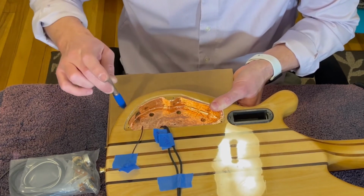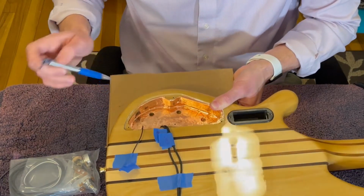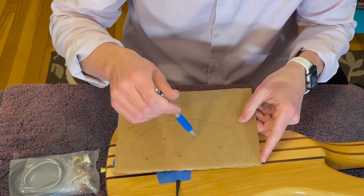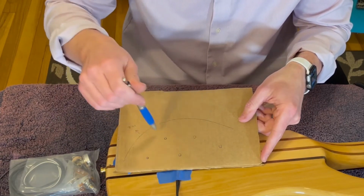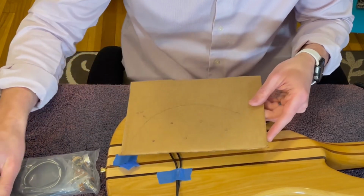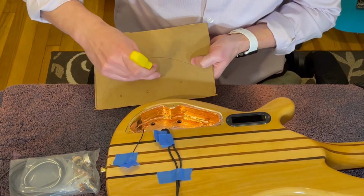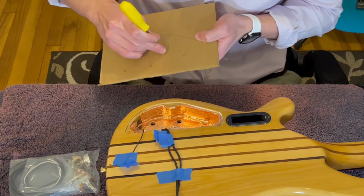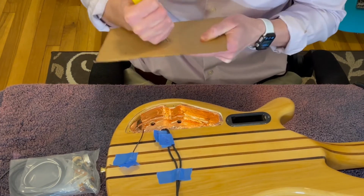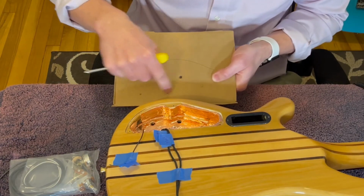Okay, I did a trace, and then I put a little arrow here. That's where the input jack is, and I put a little arrow here. And what I created, you can see here, is a perfect space representation of where these things go. And from here, I can take either a screwdriver or whatever it is, and I can poke holes in the cardboard. I can poke a hole in the cardboard, kind of wiggle it out exactly where a pot goes,